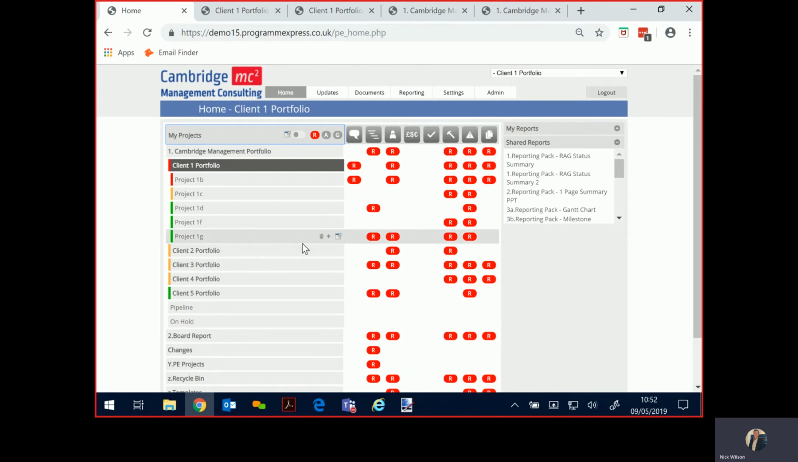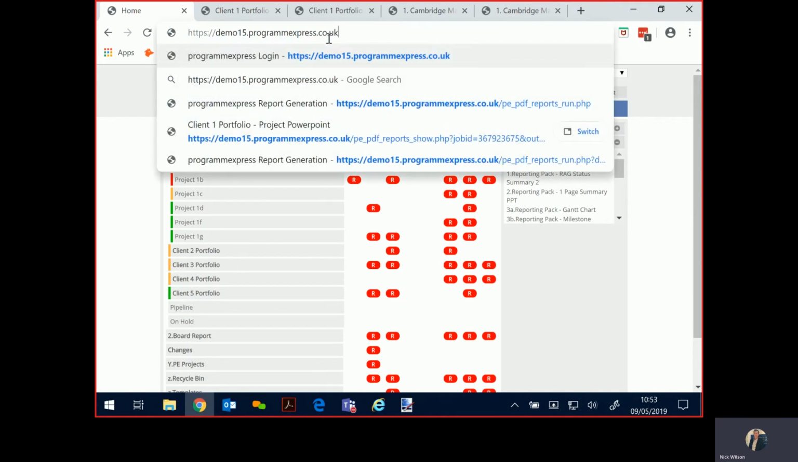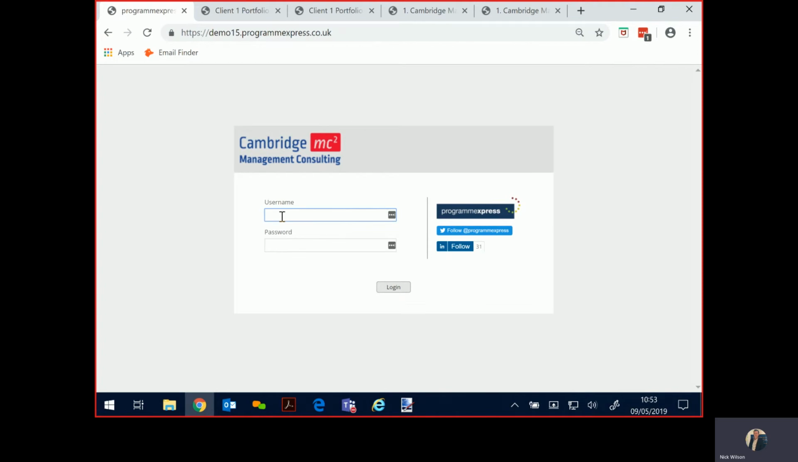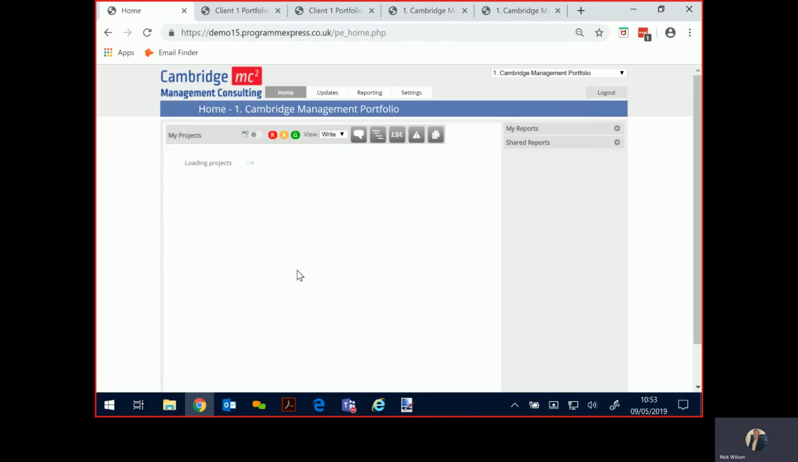So you can simplify the home page, but this is probably the most complicated view because it's the administrator view. And for the user to try and simplify the data input, they will have a slightly different view. So if I'm going to log on as an example user, which is me, Nick Wilson, MD of ProgrammExpress, logging on as a project manager, and this will show the project manager what they've been given right access to,